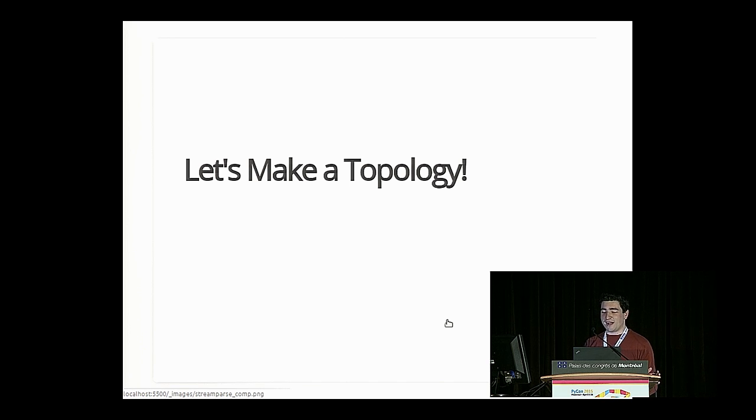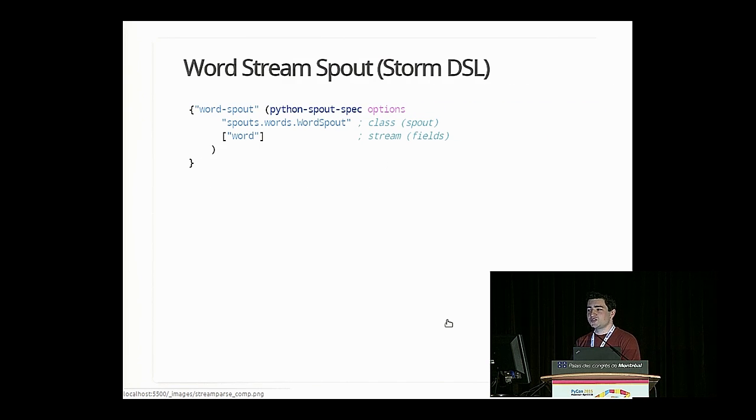So now let's make a topology. In order to let you make topologies and specify them, we take advantage of a DSL that's bundled with Storm. I'm not going to cover the details of this DSL, but the fraction of the code that you need to specify your topology is so small relative to the code that's written in Python that I don't think it's worth covering in too much detail. You can, for the most part, follow the examples in our Read the Docs documentation and always get there.